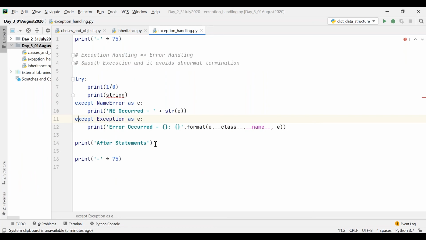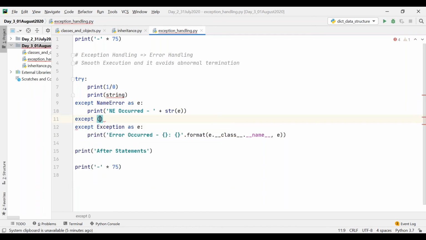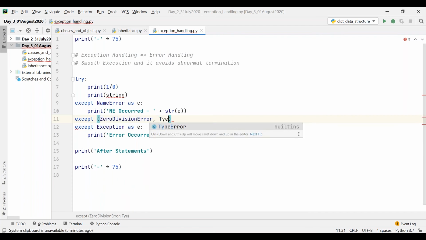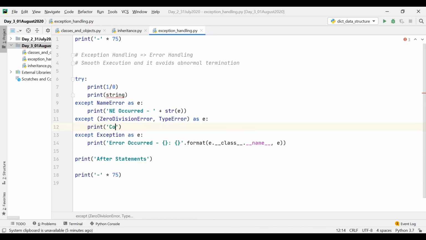Okay, and also you can handle more than one error in a single block. That is, you can give like this, except zero division error, comma type error as E, and then now I can say common exception block for zero division error and then type error.